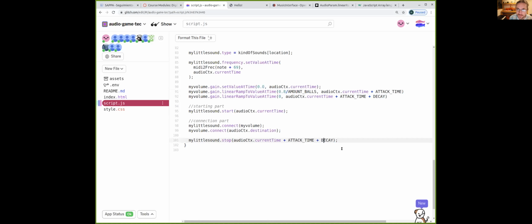And then I'm just going to add 0.001 just to be sure that it's going to stop before. This is not logic, this is just style. You don't need it. So I save, and then